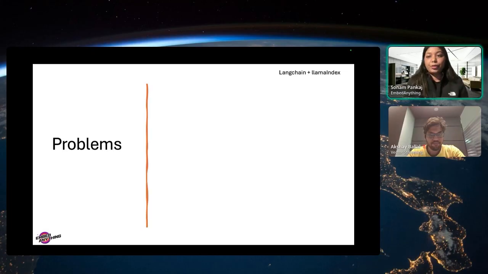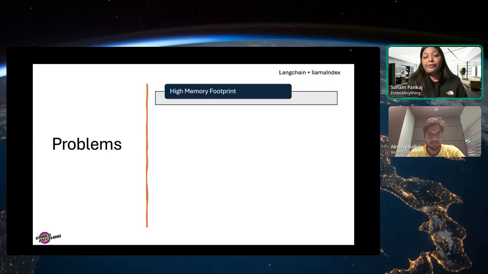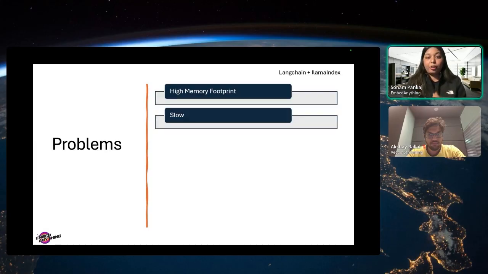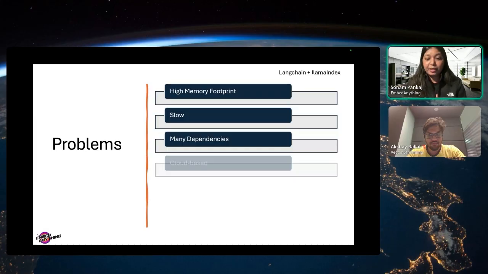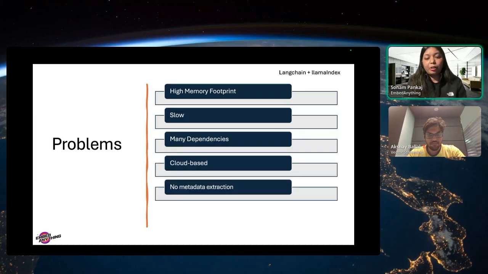So the problems that used to exist majorly with heavy frameworks was that they used to have a very high memory footprint and a lot of dependencies. LangChain and Llama Index, you must know, have a lot of dependencies. They have a very high memory footprint. Most of them are cloud based.